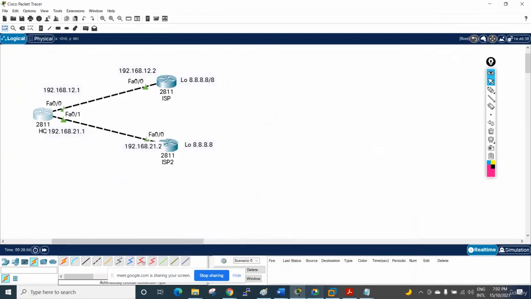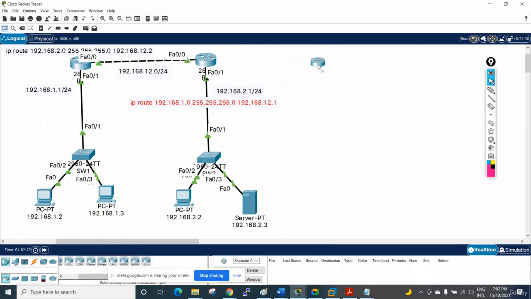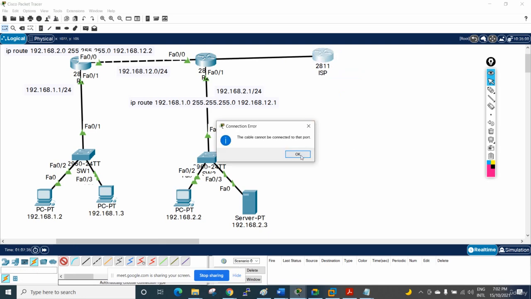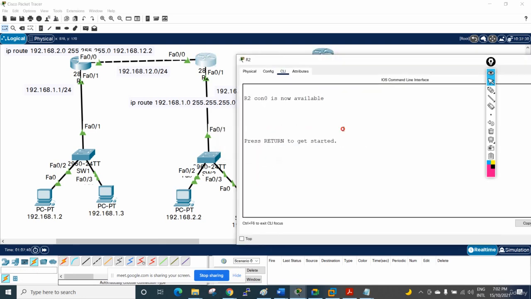What I will do, we will use this scenario. Imagine, okay, this one is our company network. Whatever we have, this is our company. Imagine we have the ISP, the internet service provider, this one, and we want to forward our traffic to the ISP. So you buy the internet connection, you purchase the internet connection from the ISP. The ISP told you here we cannot connect, so we will add a port here. How we will add the port, let me show you